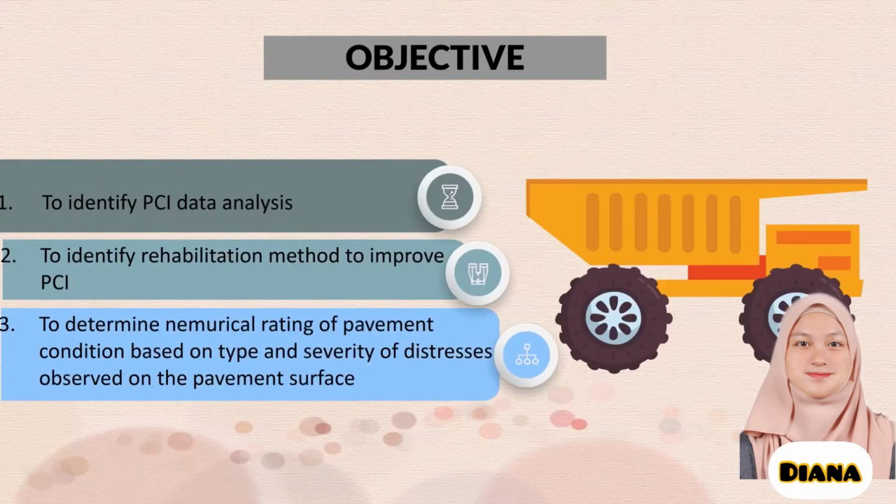So next is the objectives for this project. The first one is to identify PCI data analysis. Second one is to identify a rehabilitation method to improve the pavement condition index. And the third one is to determine the numerical rating of pavement condition based on type and severity of distresses observed